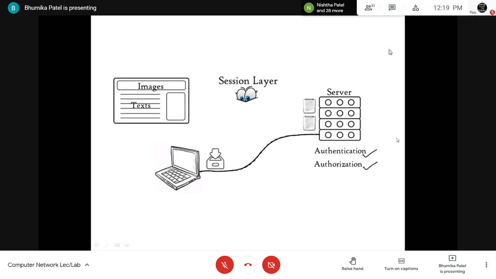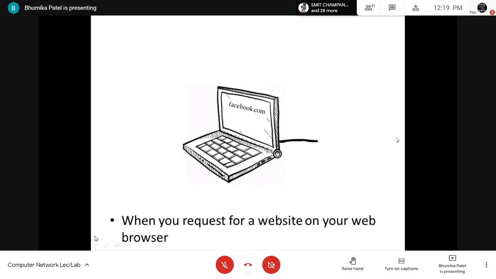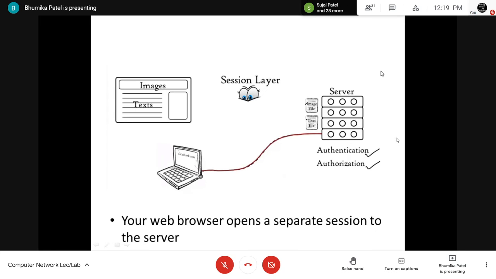Whenever you request a website on the web browser, your web browser will open a separate session to this web server to download each of these text and image files. For example, when you ask for www.facebook.com, these image and text files will be downloaded as separate files.